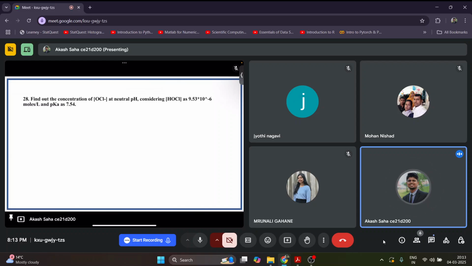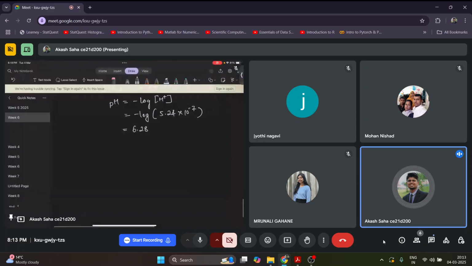So that means we don't have to assume that OCl minus is equal to H plus. All other parameters are given, only the OCl minus concentration is not given. So similarly, I will just quickly solve it. Here, in question number 28, it is not given at equilibrium. So just here, K,